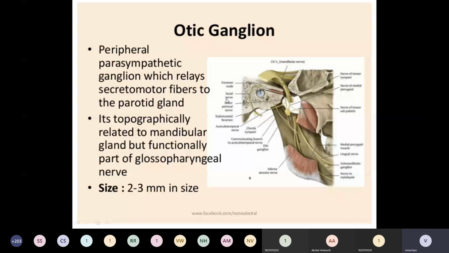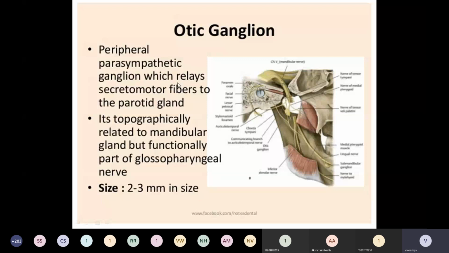Fine. So now this is the otic ganglion. I don't know whether you have finished any ganglion as of now. A ganglion is a collection of cell bodies outside the CNS. When it is within the CNS, it is known as a nucleus, which you will study later. There are 3-4 ganglions: otic ganglion, mandibular ganglion, and all this you are supposed to study. It usually comes in exams as a 5 mark question.